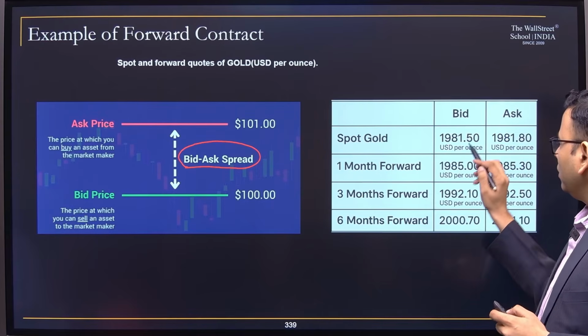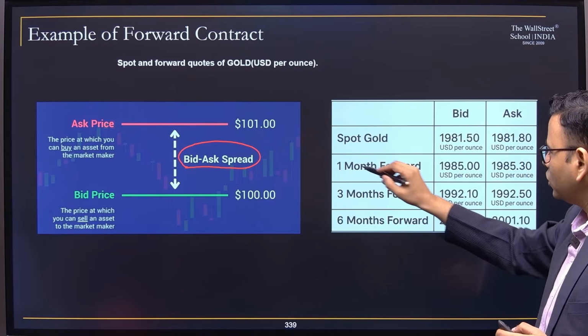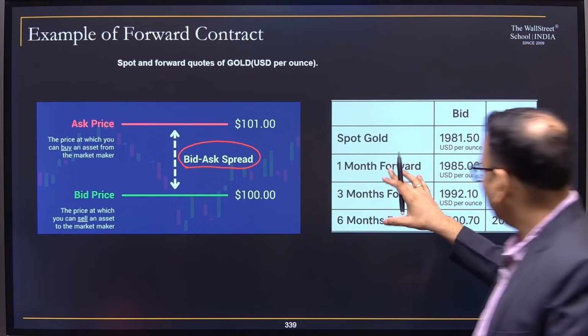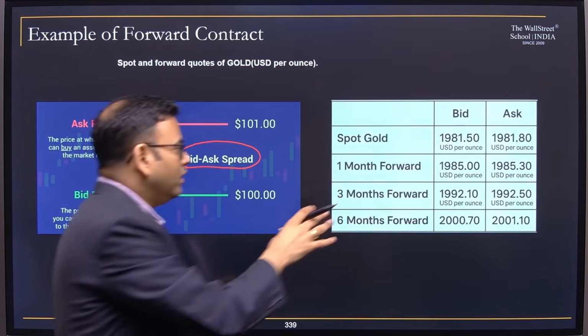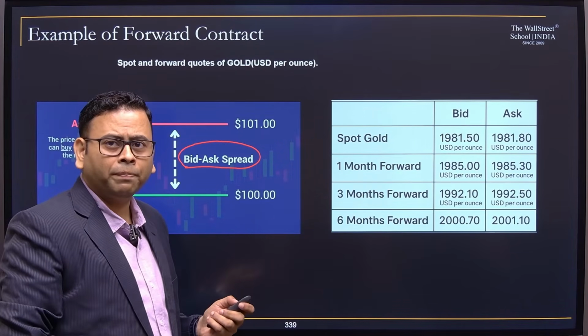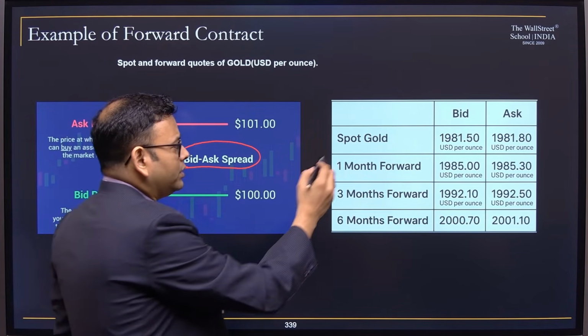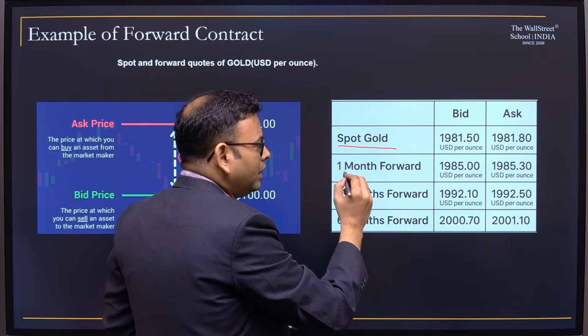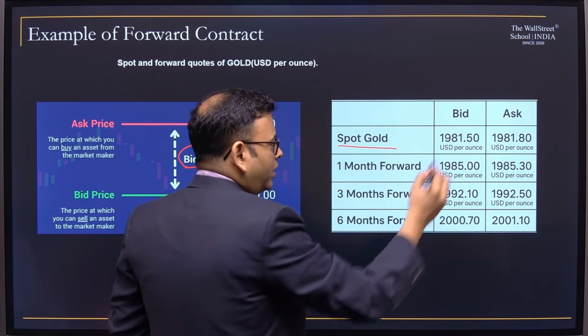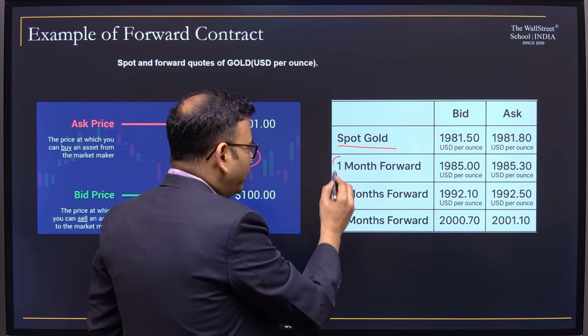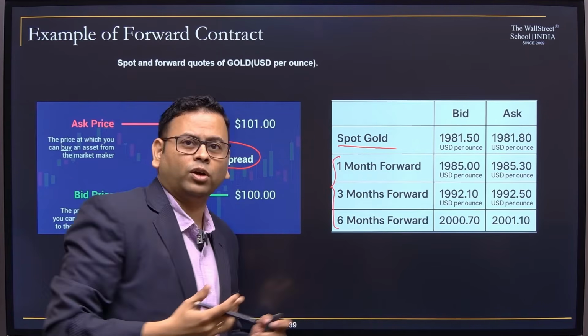A typical forward and spot prices would look like something as shown in this particular table. Spot gold, which means the gold in the spot market, what is the current bid and what is the current ask, and then you will have multiple forward contracts. You can trade forward contracts